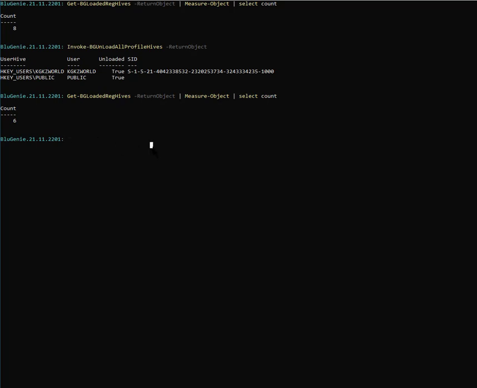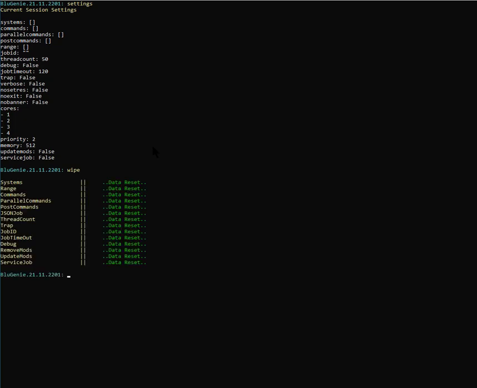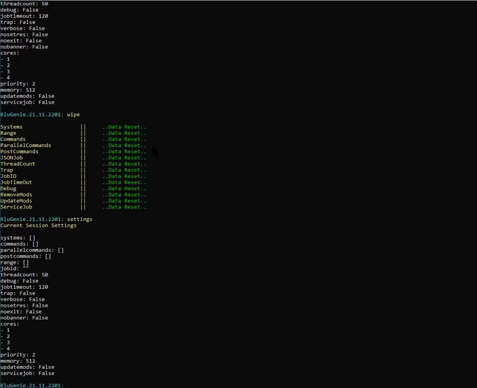Now that we know our commands work, what we want to do is inject that into the settings config, export that out as an artifact, and then process those against all of our machines. Let's do that now. So we're going to clear screen, and we're just going to take a look at our settings file. So we can see it's blank. If it's not blank, let's say there's some kind of data, you can actually just type in wipe, and it will erase all that information,